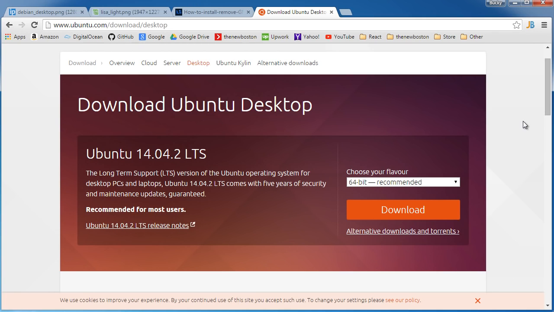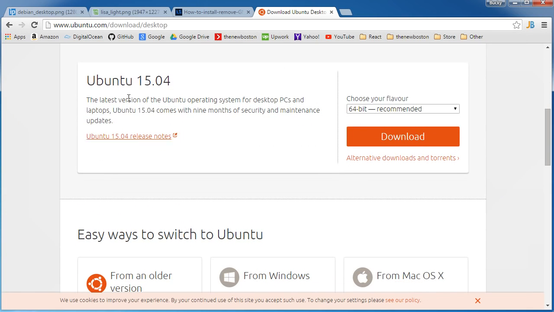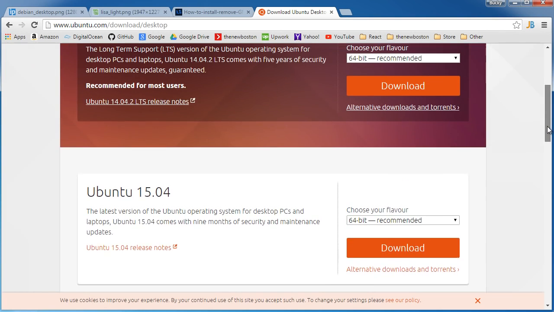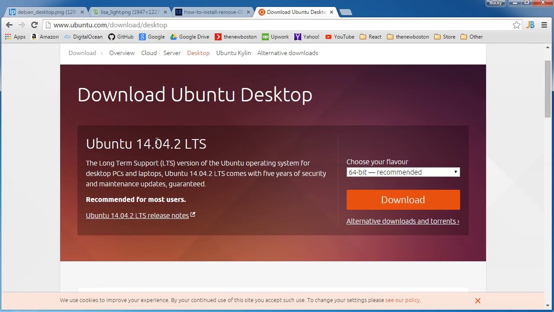So what they do is every so often they release a LTS version, in other words, a long-term support version, and whenever you download this, they say, okay, we're going to come out with new updates, but we promise to keep supporting and keep fixing bugs with this LTS version. So this is the one that you should always download if you want a nice, safe environment. If you want to get all the cutting-edge features, then you can download the later ones, but 14.04 or whatever the LTS version is at the time when you're watching this video, click download,